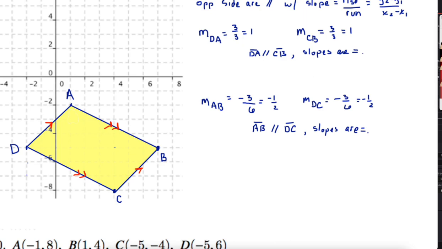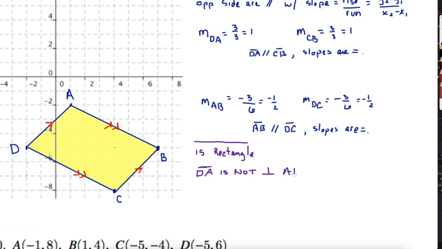Now, is this a rectangle? And the answer is no. Because if we look at the two adjacent sides, let's compare DA and AB. So DA has a slope of 1, and AB has a slope of negative 1/2. So DA is not perpendicular